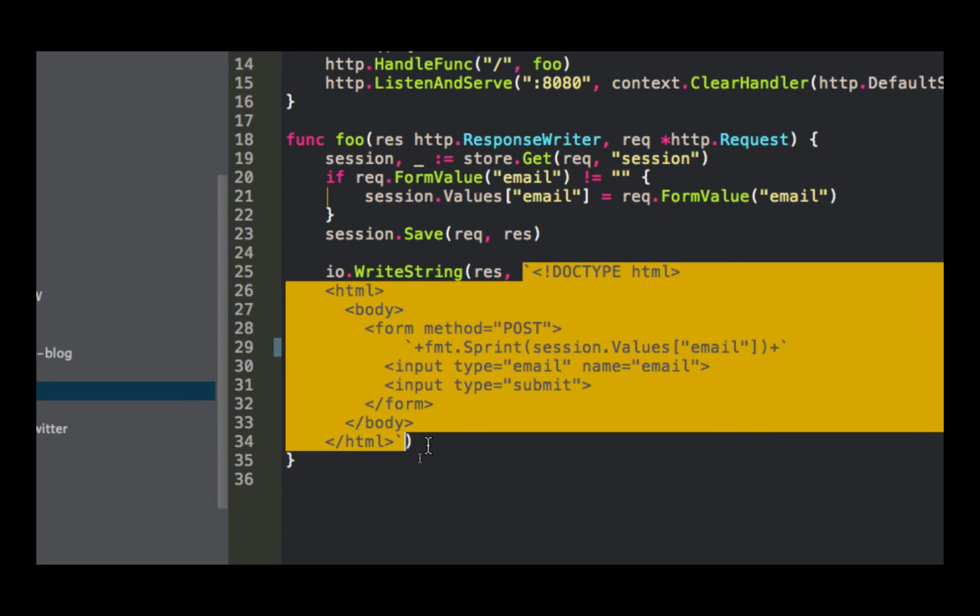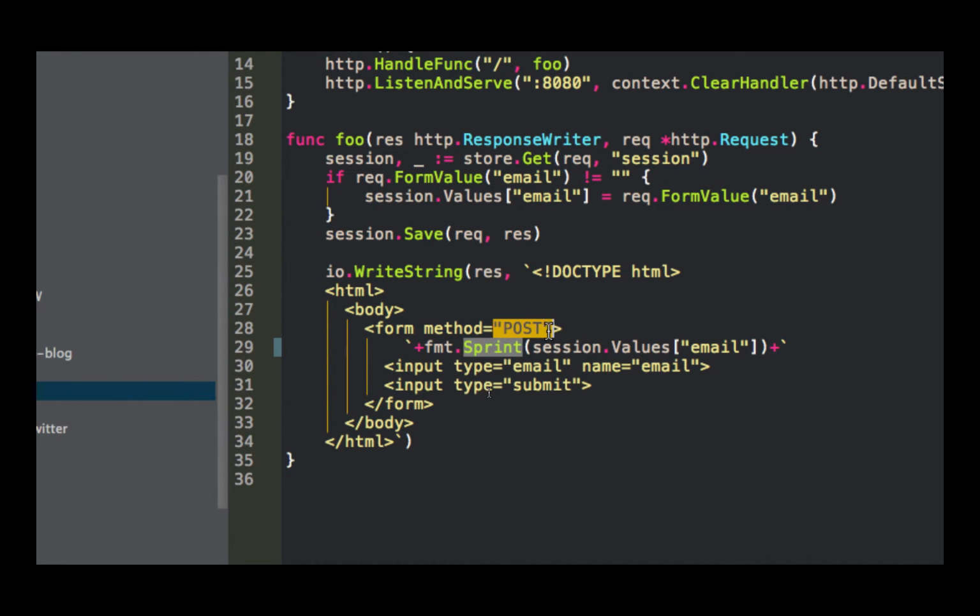When you use backticks, it means you could put in spaces, and you could have double quotes inside of it, like right here. And then I end my raw string literal right there, and also I begin it again right there. And in between, I put the plus to concatenate, and I've got a little Go code. And that Go code says, take whatever session values was.